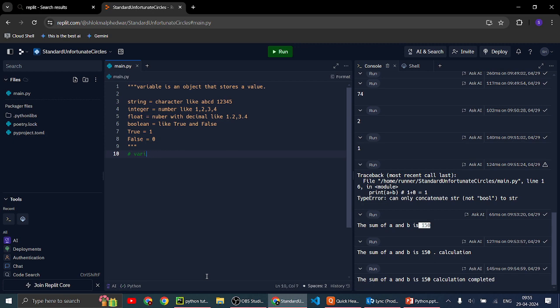Okay, so user one is a variable which contains the input. It will take an input named user.